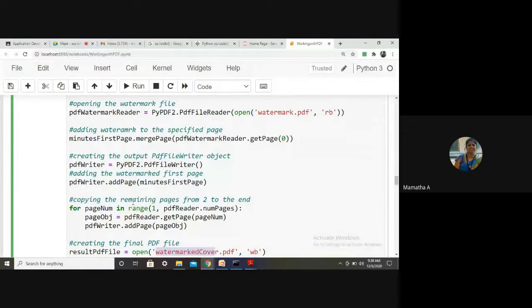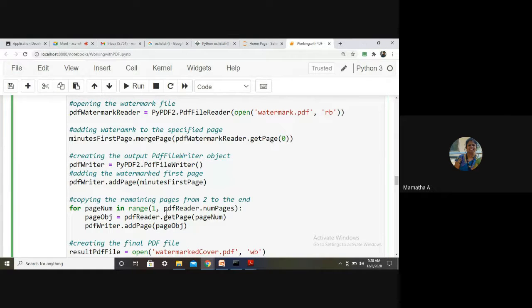What will you do? For every page, which method should you call? Get page. Okay, you will retrieve every page by calling the method get page.